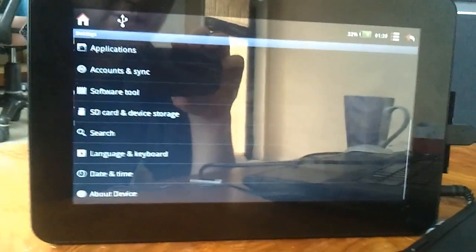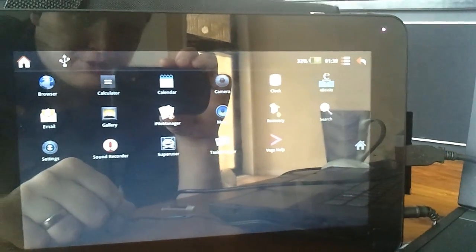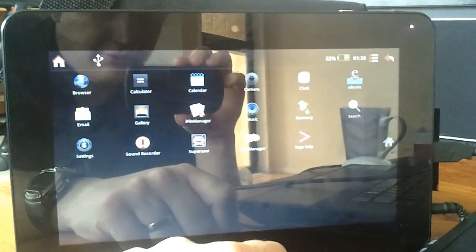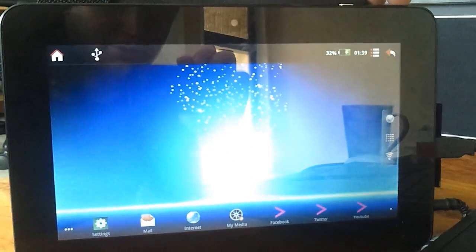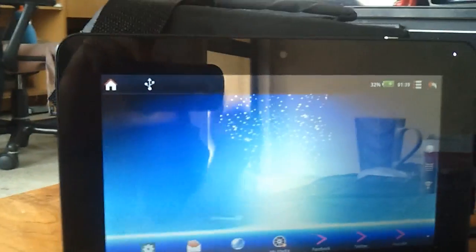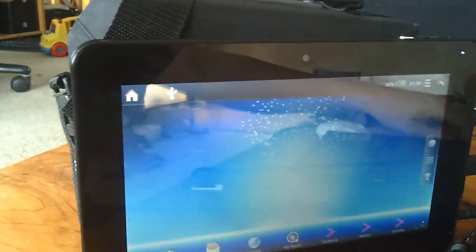Alright, so now this comes pre-installed with recovery, which is the thing that we will use now to install Vegacomb 3.2. First thing we need to do is to copy the files to it. Now there's two ways you could do that. You could either go to the website via the Viewpad and download it onto the SD card, or you can connect the USB,